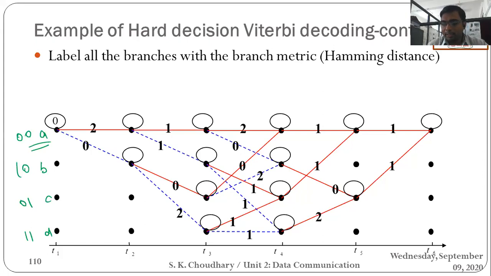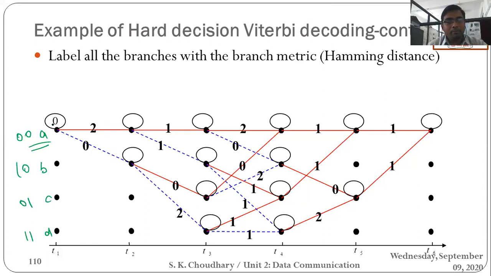Entering from each state to another state of the encoder, store the survivor path and discard the other paths. Those paths which give the lowest metric would be the survivor, and the others would be discarded. So you have to compute the metric for all the paths entering each node by adding the metric of the incoming branches to the previous metric.